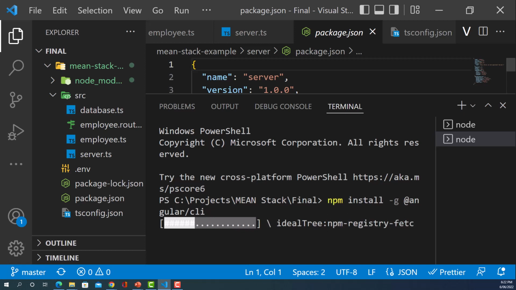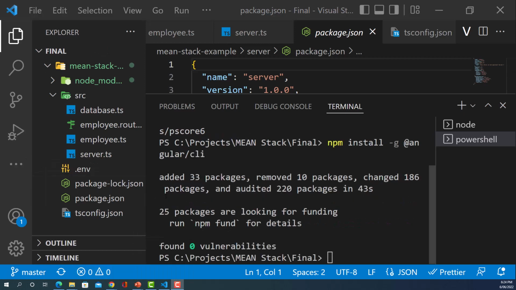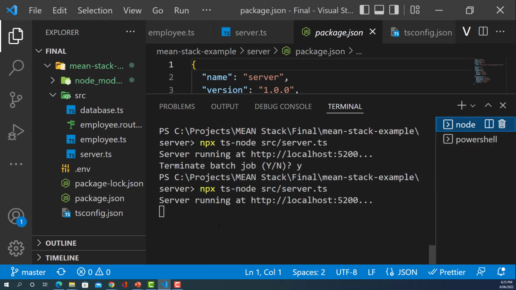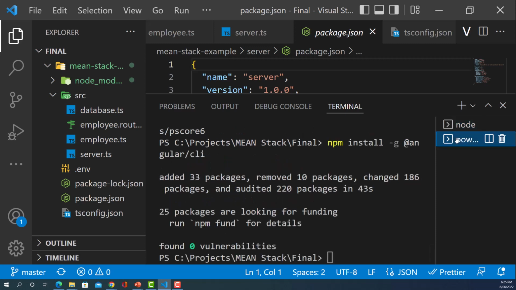Again, it's important to keep the server running while you are working on the client side, which I have already shown that it is running. So the Angular command line interface has been added with 33 packages and removed 10 packages, changed so many packages. Now you can see I have got two terminals. In this terminal the server is running for the backend at port 5200, and here is the front end